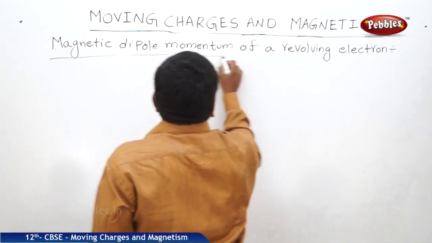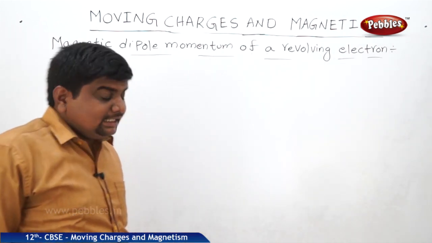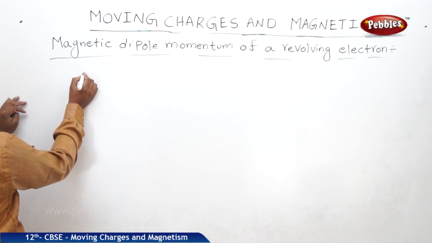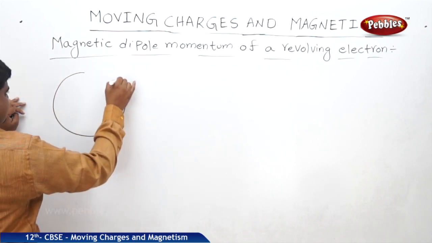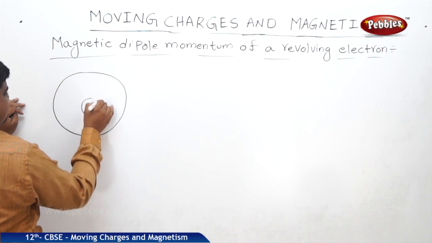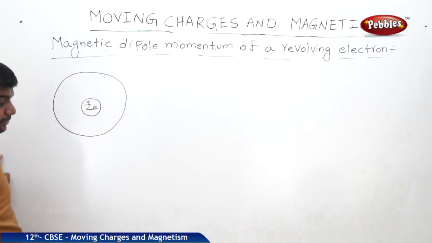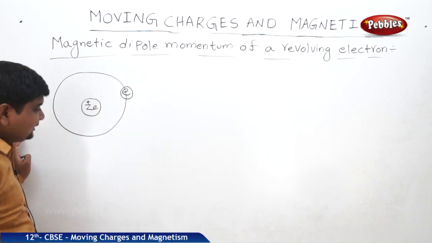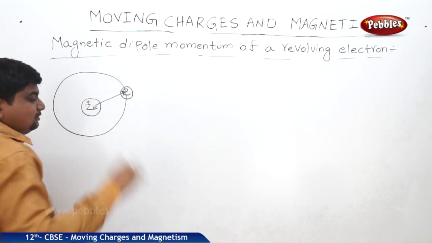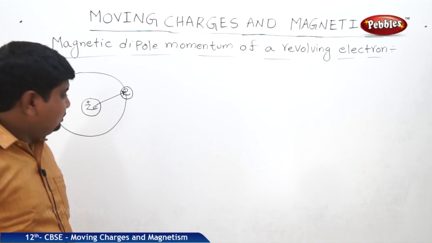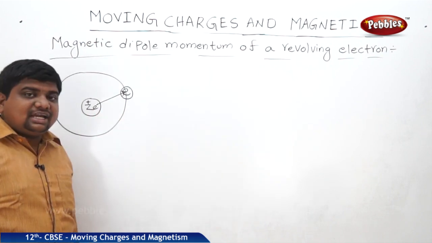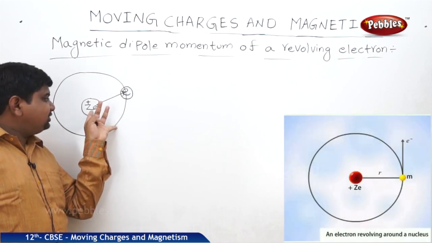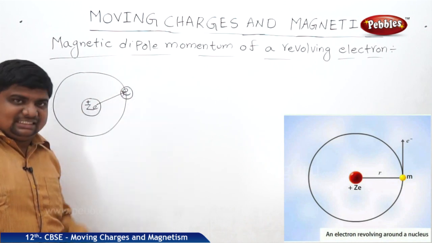So we know that in atomic structure, there is a positively charged nucleus, and around the nucleus in orbitals, electrons are revolving. A simple schematic diagram of this concept is like this. This is the nucleus which contains positive charge, net plus Ze. These are the electrons revolving around the nucleus in circular orbits. So positive to negative force of attraction is there. These two will experience electrostatic force, means an electron revolving around the nucleus experiences Coulombic force of attraction due to the positive charges placed inside the nucleus.